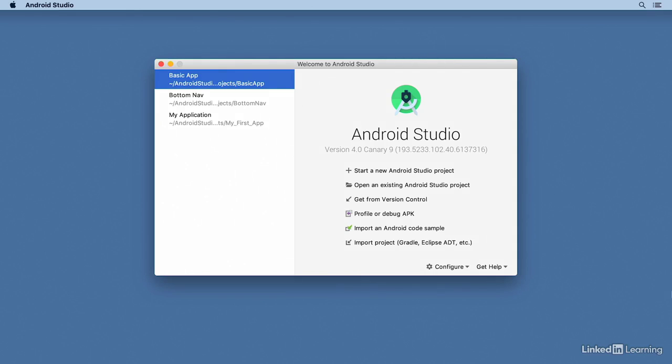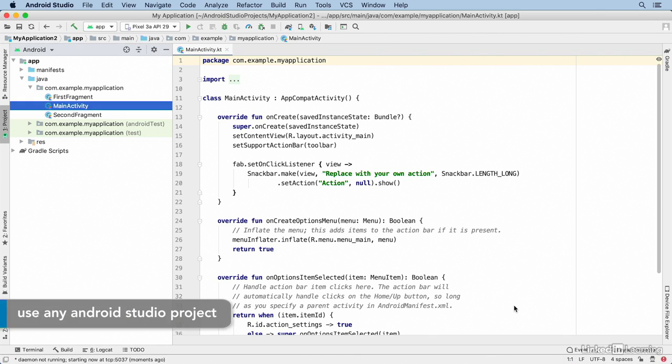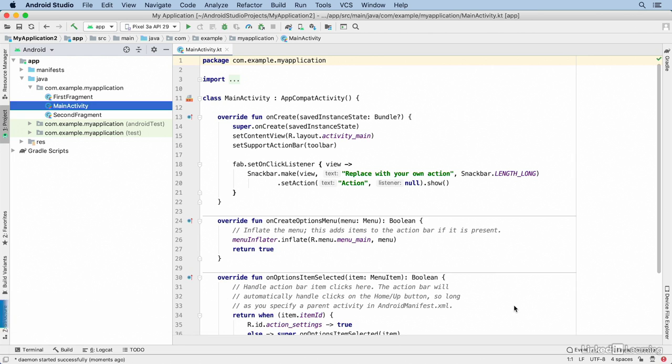Android Studio has a feature that allows you to update an app that's already running on a device without restarting the app in certain circumstances. To demonstrate this, I'll create a new Android Studio project, and I'll base it on the basic activity template. If you simply change a literal string or a little bit of code, in many cases, you can apply those